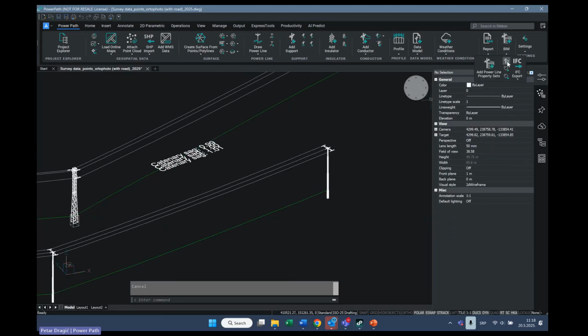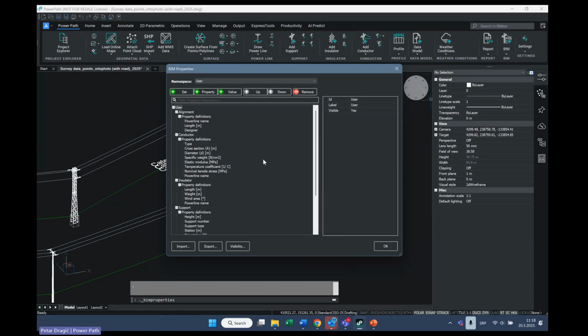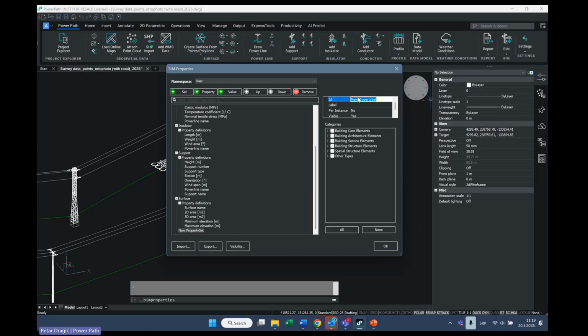What is also important here: if you want to add more property sets on the already defined properties, or better to say models, it is also possible, because you can create your custom property set. How it looks: if I go here to add property sets, just press plus, and define, let's say, my property set.